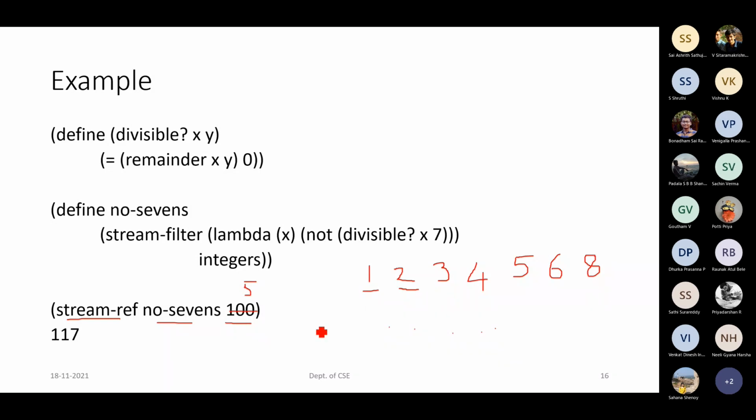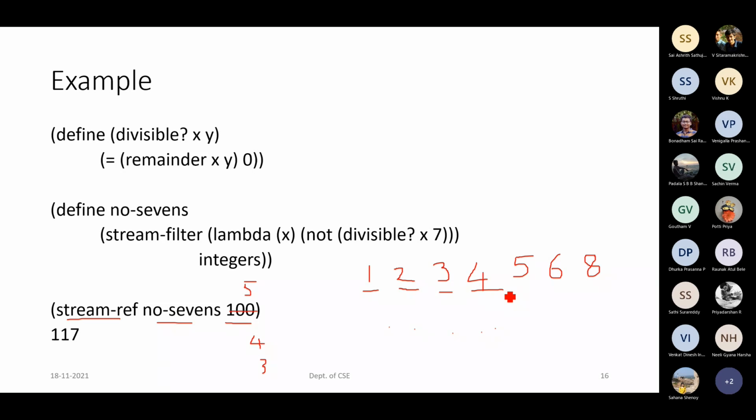So from 5 to 4, after that it checks whether it is equal to 0. No. Then again it goes to the else part. It calls the stream reference procedure. Again a stream CDR is applied, and a force is applied for generating the remaining values. So it generates the next value 3 and applies a delay for the remaining values, and it reduces the n value to 3. Then it checks it's not 0. Then again it goes and generates the value 4.